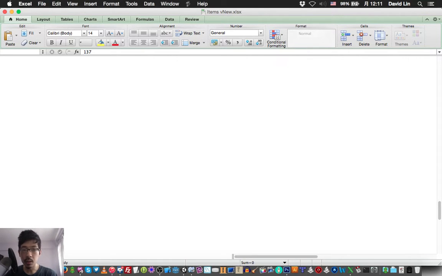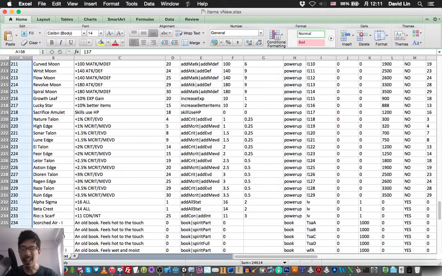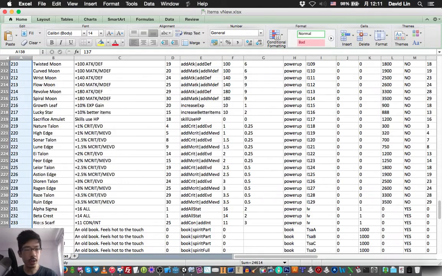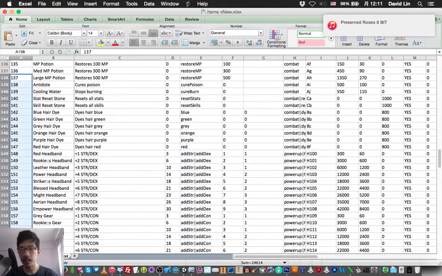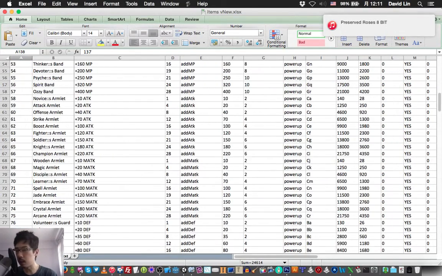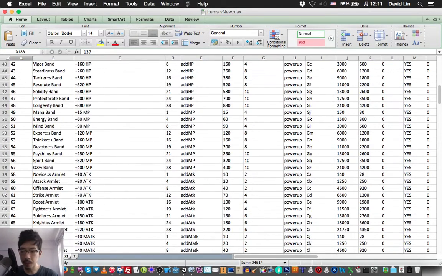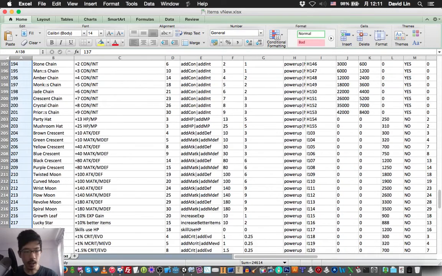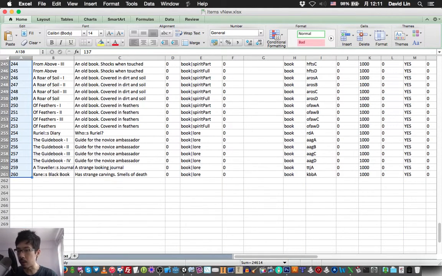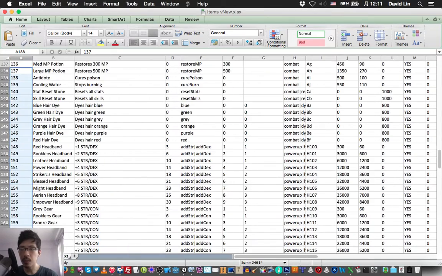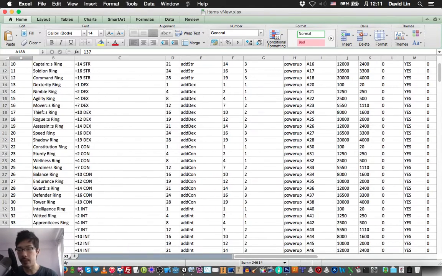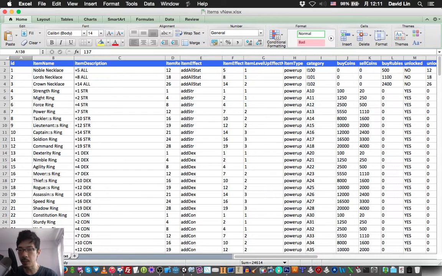Okay, so hopefully I can still remember what each column does. As you can see here, I have about 260 items. I have things such as the name, the description, the value or the number